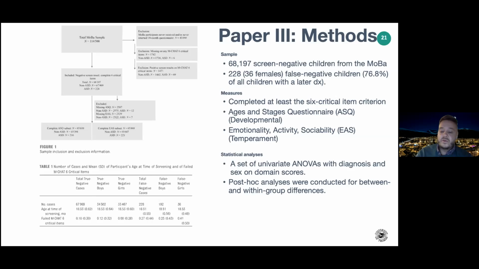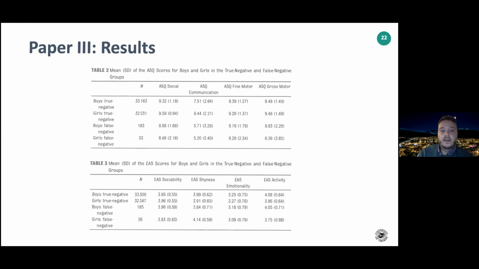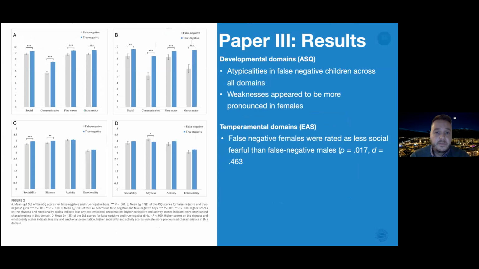So we took a closer look at the individuals that actually participated in this study, because we wanted to know, if 76% of the children with later diagnosis of ASD pass the MCHAT and do not raise any red flags, are there other domains that can show us if there is something about them that might be concerning at 18 months? And when we looked at,